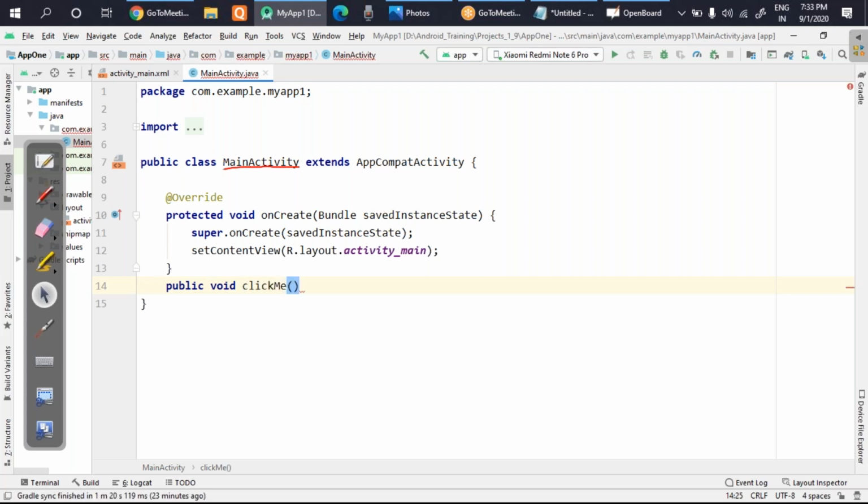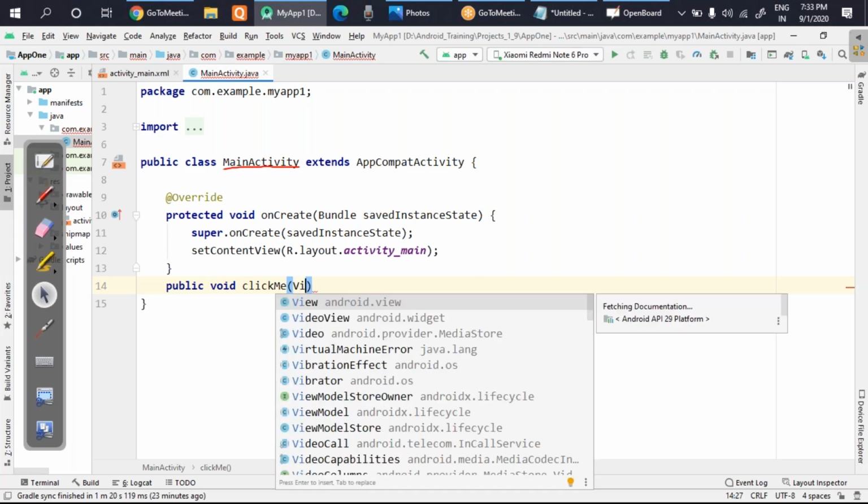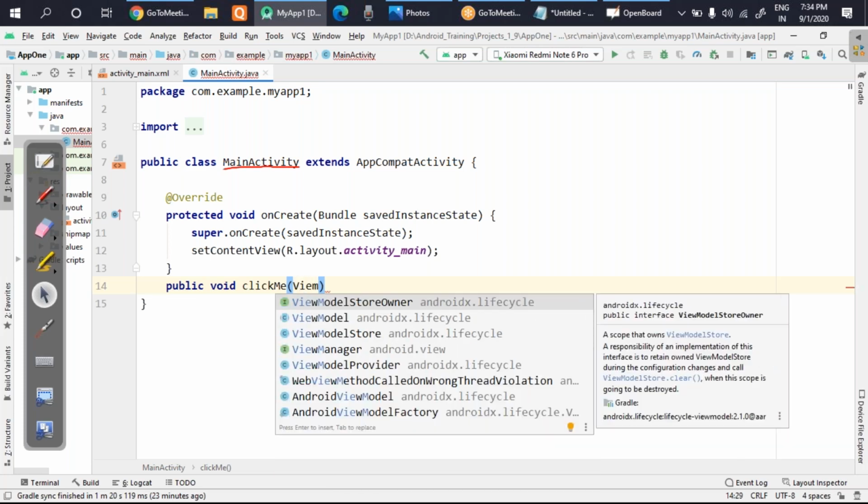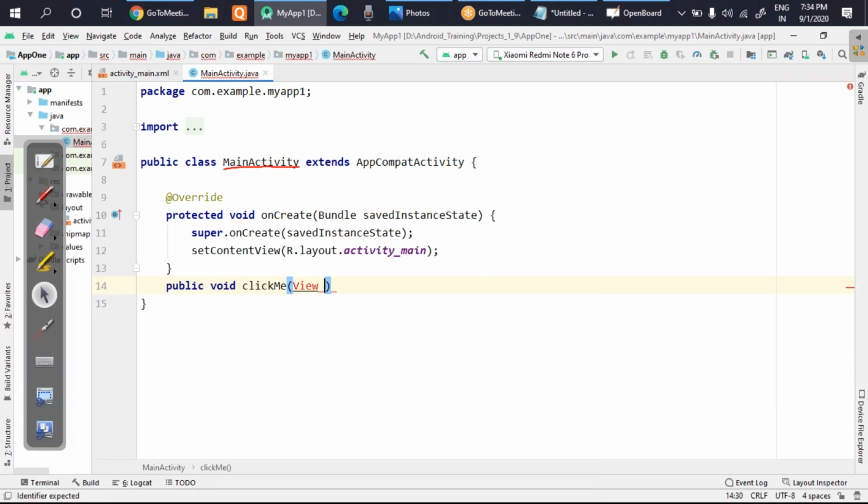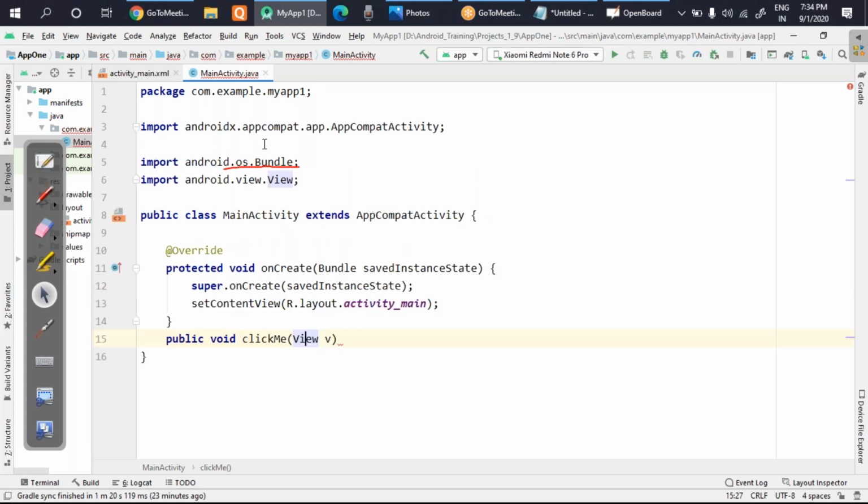And inside the parameter part, I'll call a class that is called view. Okay, and I'll pass a value. I will pass a parameter of this. So you can see it's red here. If any class is becoming red, you can see you're getting a hint also. Please press Alt plus Enter. So you press Alt plus Enter. Okay. So if you press Alt plus Enter, in the import part, that will come up.